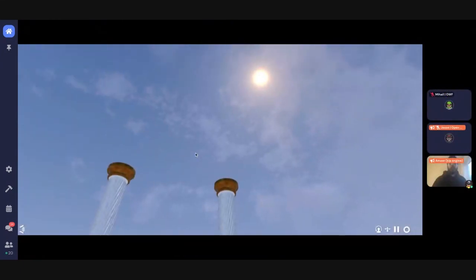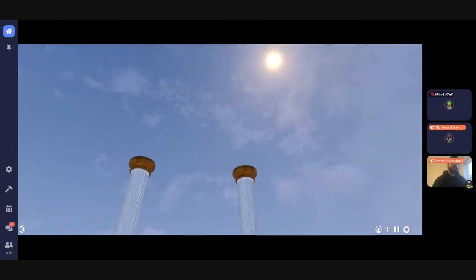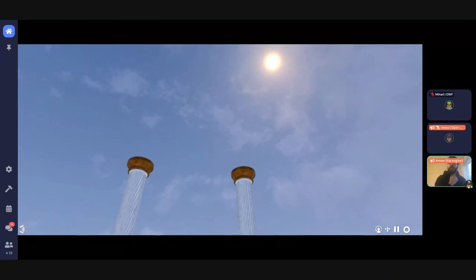This is like an open space where you're outside, you can see the sun. So even the sun, you can program the world to rotate around it at a certain time frame. So everything is super customized within our editor. And you can have colored sky, you can have all sorts of stuff.